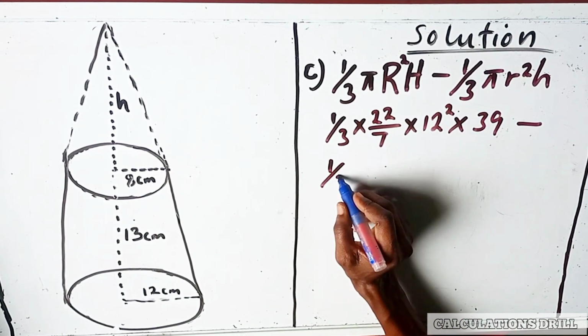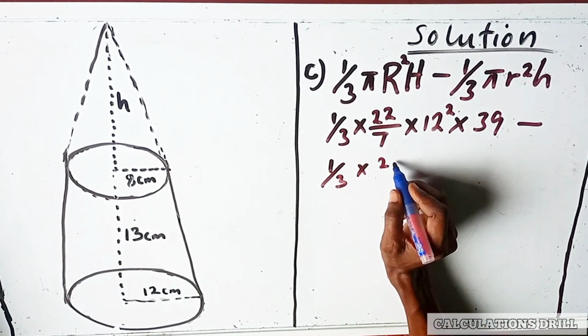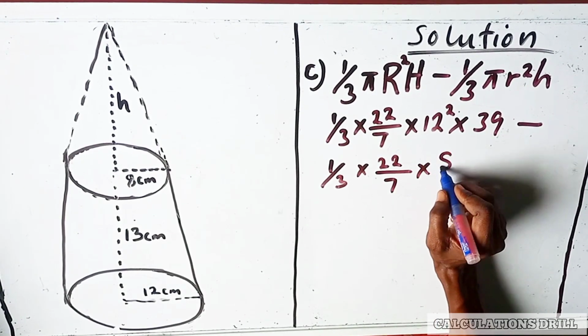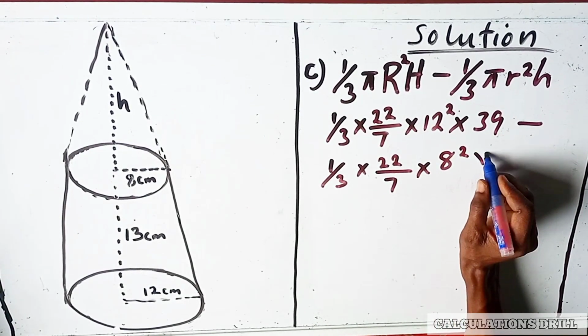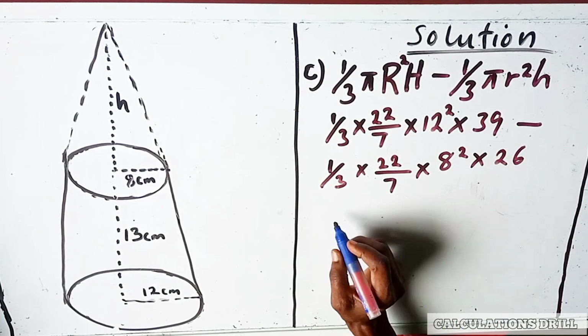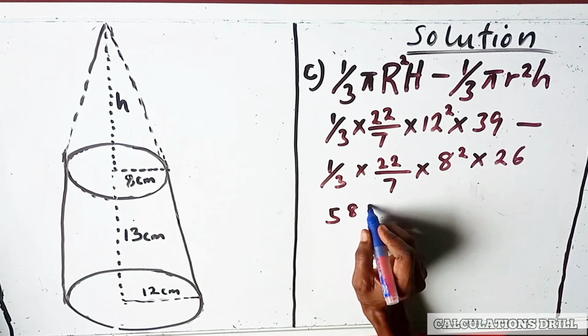So minus 1 over 3 times 22 over 7. Our small radius is 8, while our small height is 26. And when we did that, that gave us